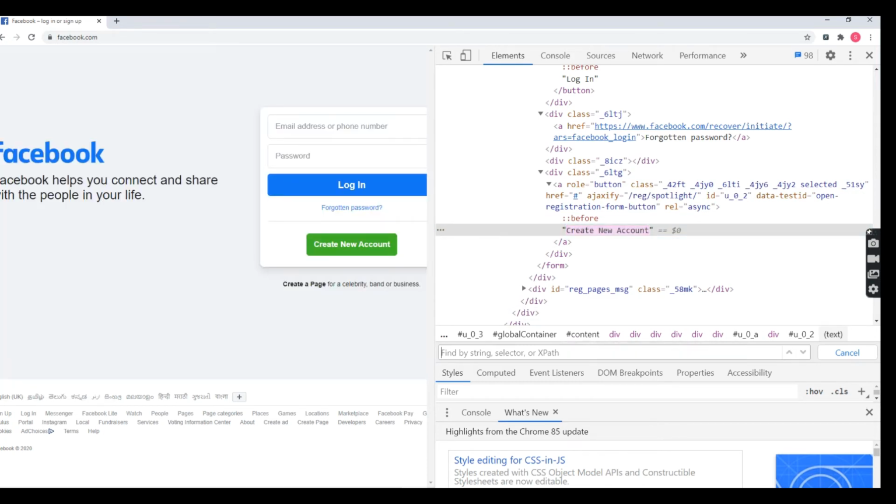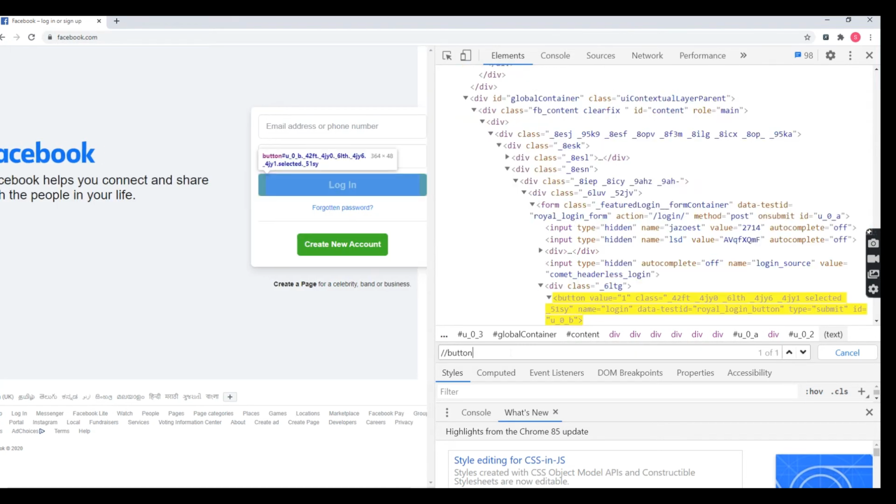Okay. For XPath, double slash contains, open bracket, text, comma, double quotes, or we can put single quotes. Okay, put any mistake. Contains text.